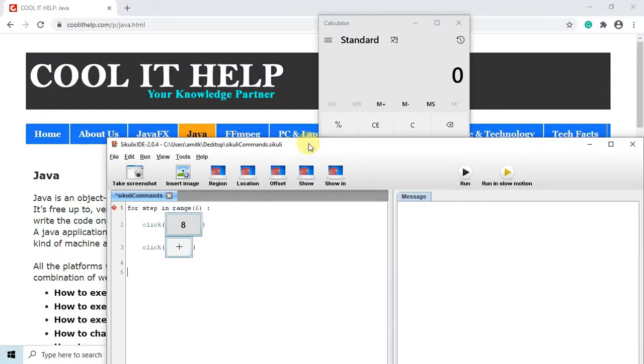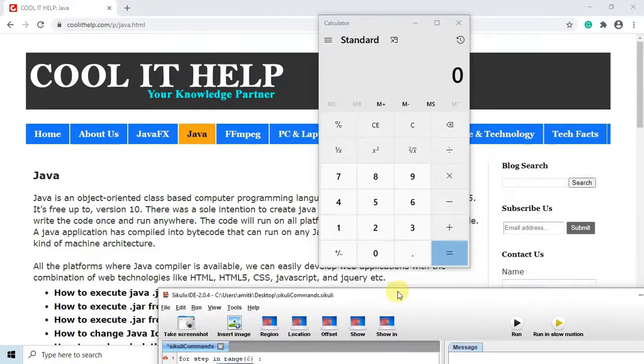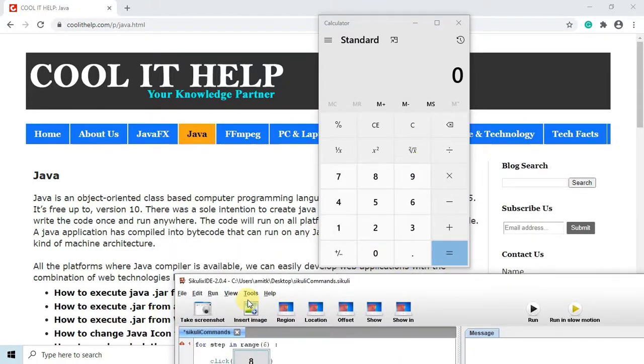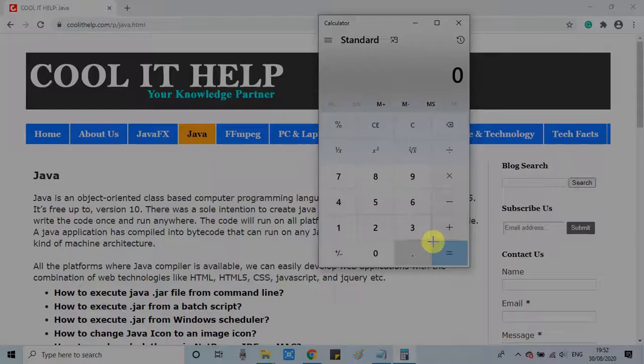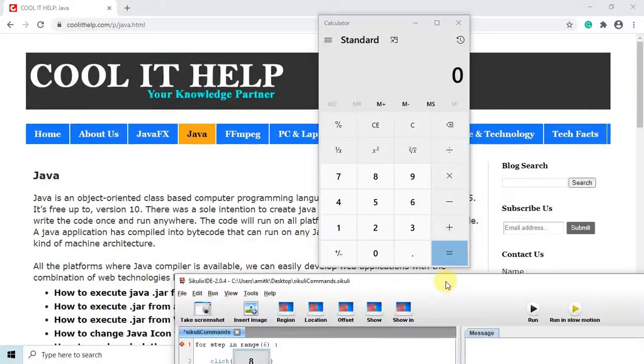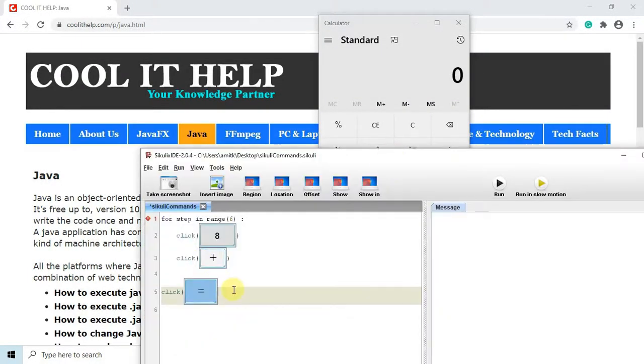Okay, and if you want to put something outside the for loop, then you have to come back to the very left-hand side and type. That means that statement is not part of the for loop. So I have included one click action that is not a part of the for loop.